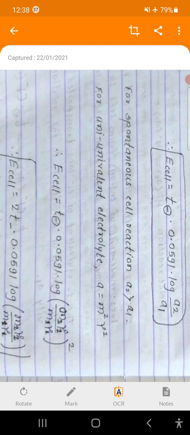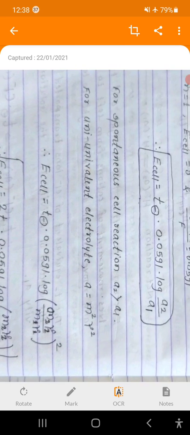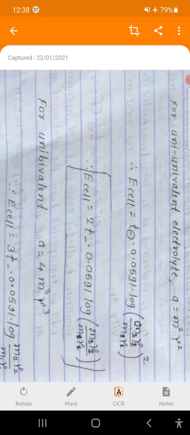Then the equation becomes E cell is equal to t minus into 0.0591 into log of m2 gamma 2 upon m1 gamma 1, raised to 2. Then the equation becomes E cell is equal to 2t minus into 0.0591 into log of m2 gamma 2